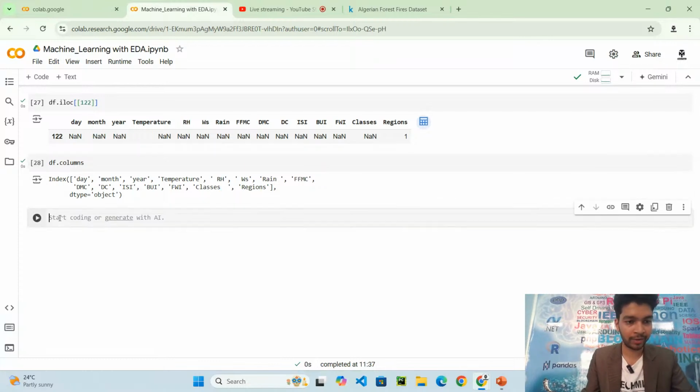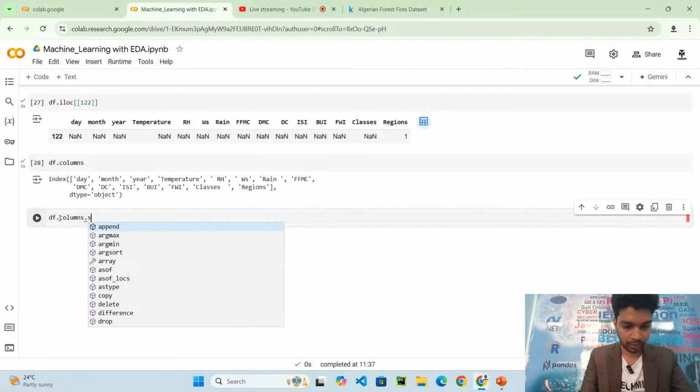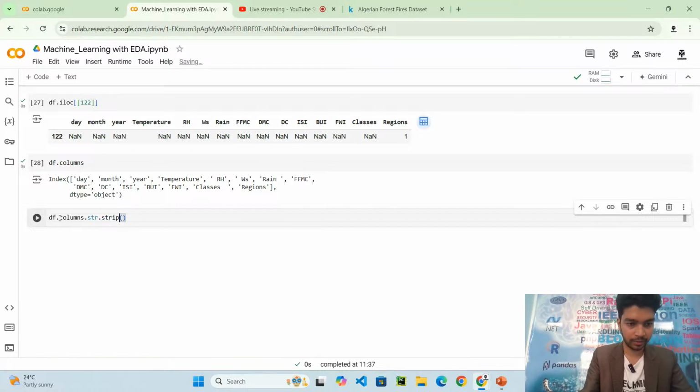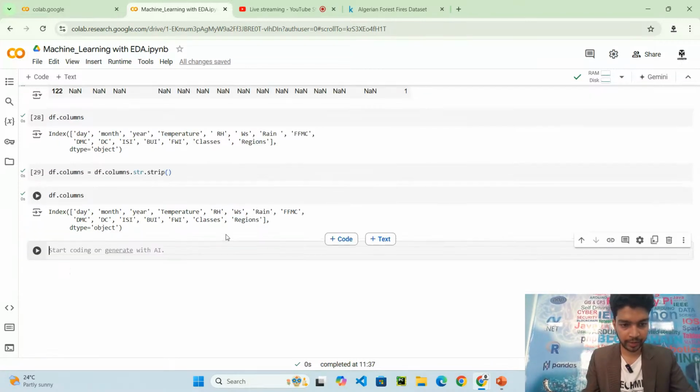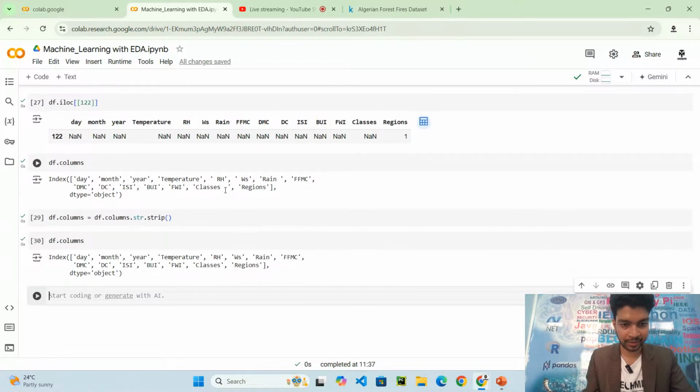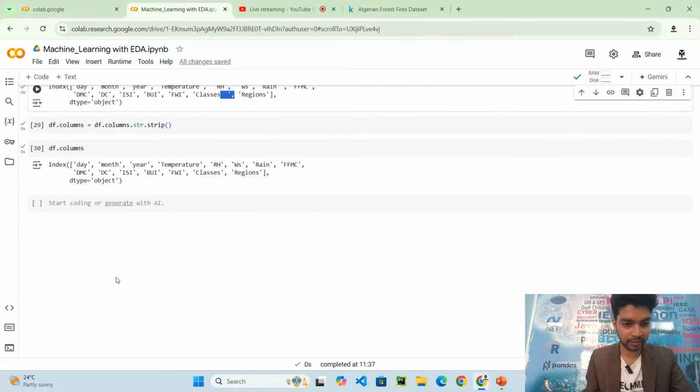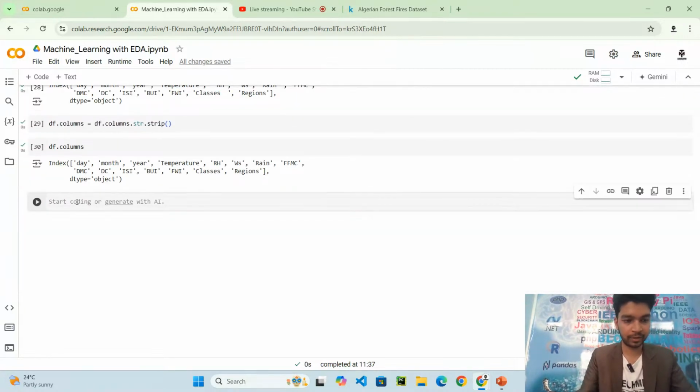I will use the strip function: df.columns.str.strip, and put it back into df.columns. Now if I do df.columns, you'll find the spaces have now been removed. Okay, now there is no problem.